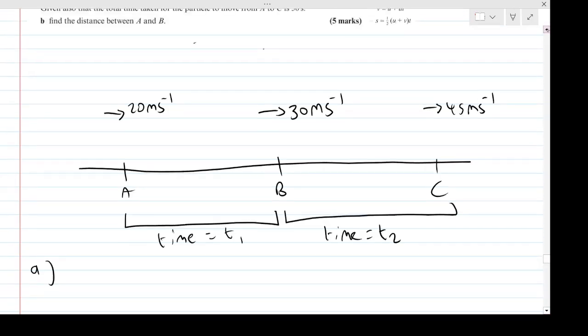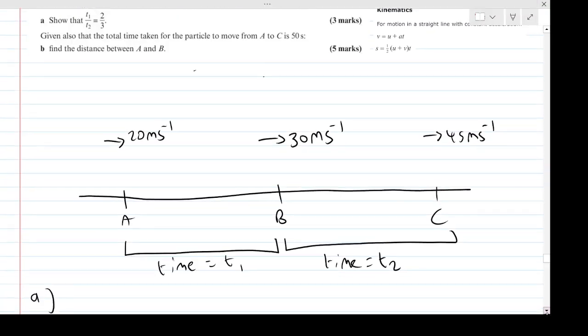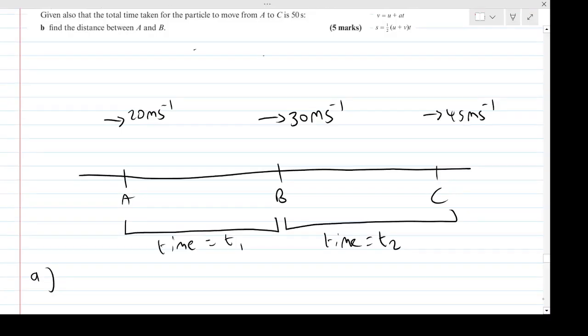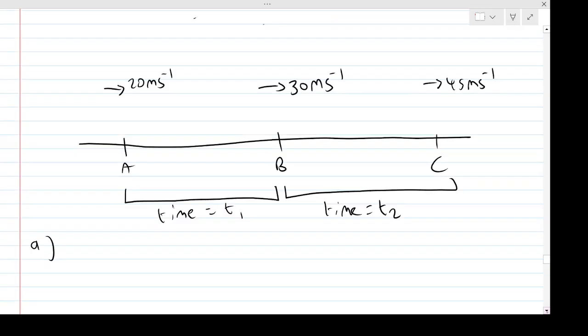So we need to show this sort of fraction here. So how on earth am I going to get that? Well, again, notice it's kind of split up into two different parts. We've got a different time here and a different time here. Again, maybe I can consider splitting them up individually. So if I do from A to B, firstly,